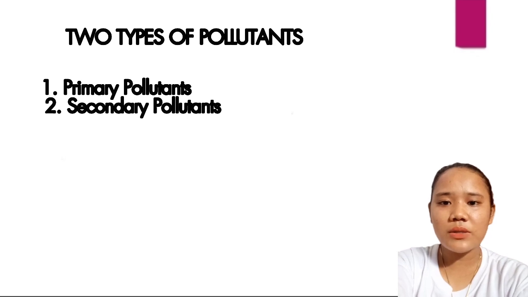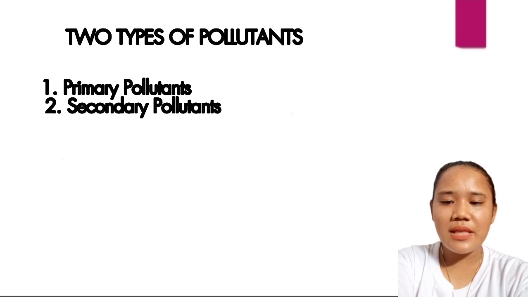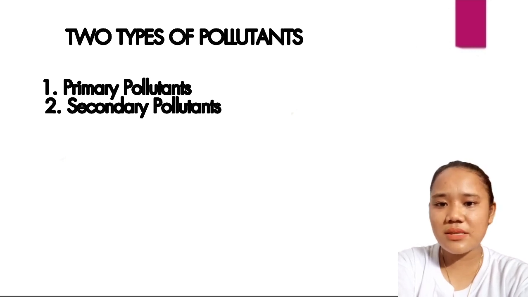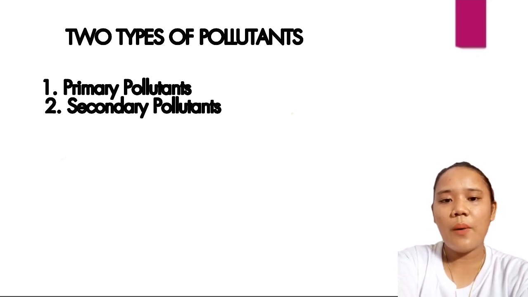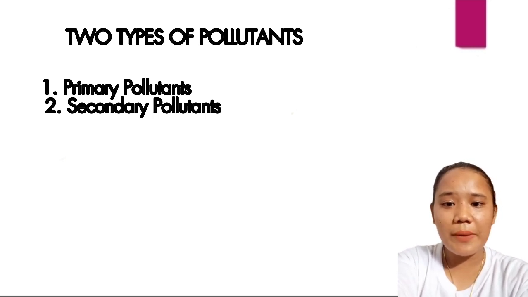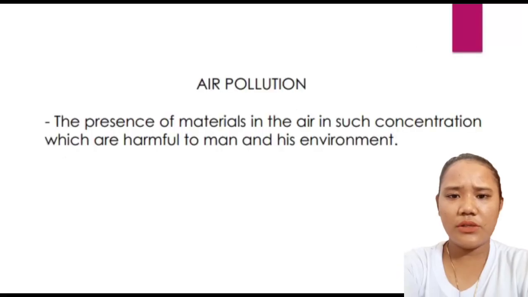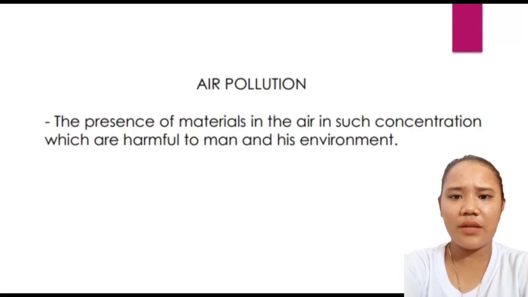So, we have two types of pollutants. The primary pollutants are those directly emitted from identifiable sources like vehicles, factories, industries, domestic sources, or natural ones like volcanoes and wildfires. So, the secondary pollutants, ito naman yung combination ng primary pollutants sa ating atmosphere that lead us to air pollution. Air pollution consists of toxic chemicals and other harmful particles that have an adverse effect on our health and